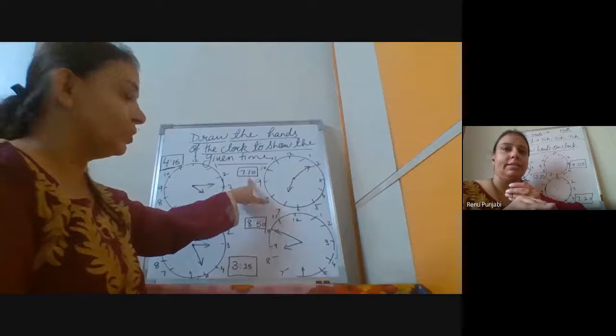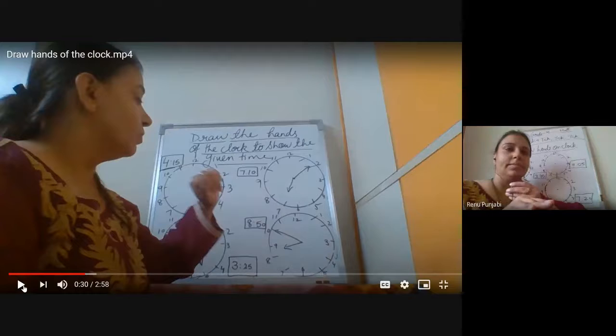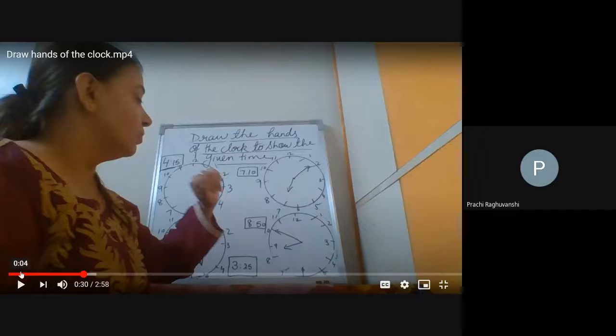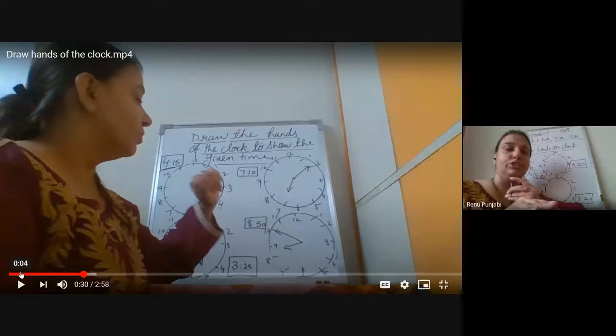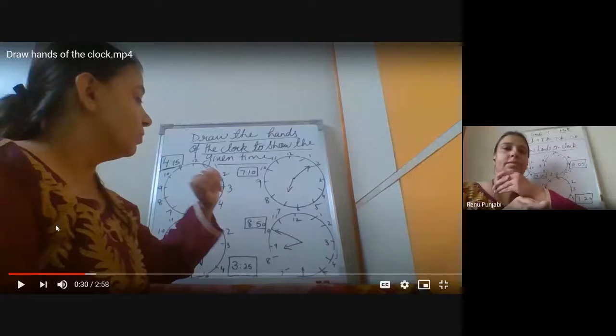Now, how to draw the hands? It is 7:10. So where will be the short hand, children? Next child will answer me. Prachi ma'am. Ma'am, am I visible and audible? Yes, ma'am. You are visible and audible. Ma'am, tell the next child from the list to answer me. Karnav, are you there in the class? Karnav? Nishika,